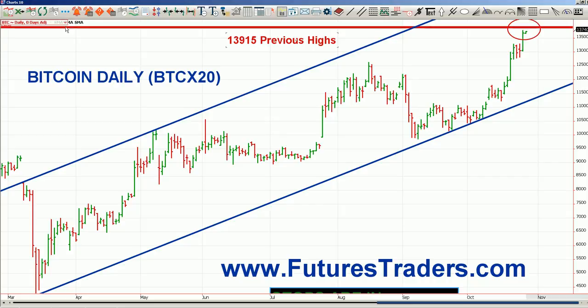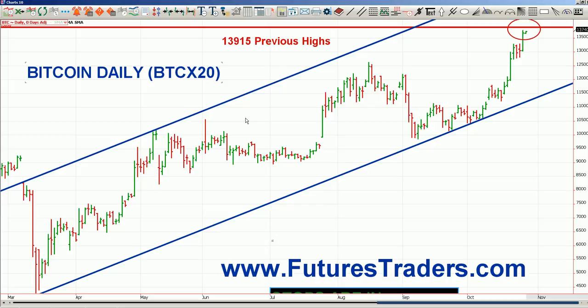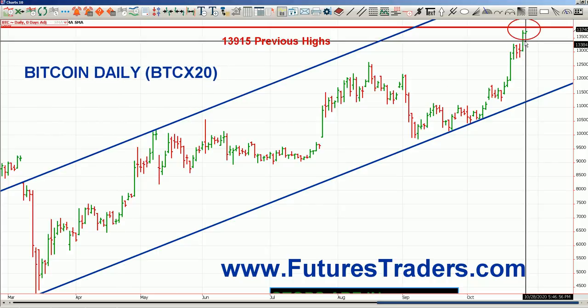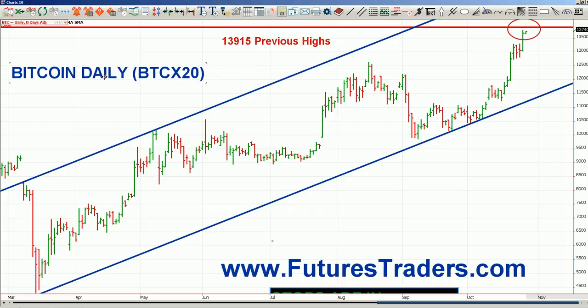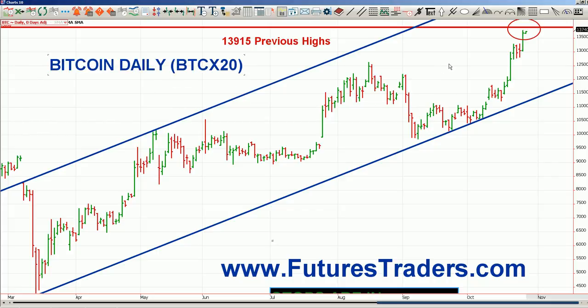Bitcoin looks fantastic, but we know what happens at double tops many times. When we see a double top, we sell a double top. Will we apply that to Bitcoin? Well, being that we are not day traders of Bitcoin, I don't know. We'll see what happens tomorrow if we get up there. Barring that, I just wanted to bring that to your attention. Traders have asked me about Bitcoin. I think it looks fantastic for now, but you've got to watch what happens at the double top represented by that red line.